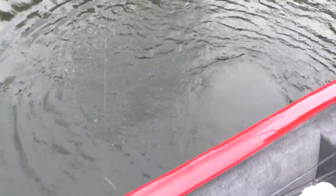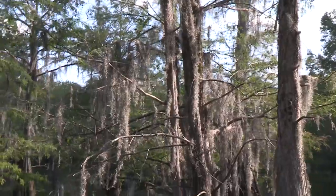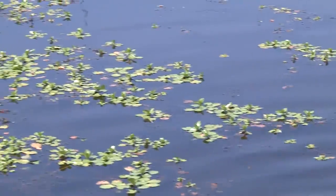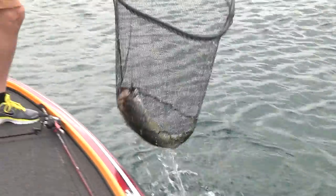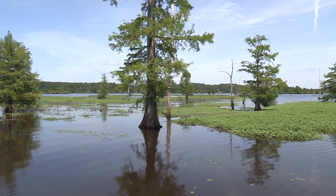Mississippi bass anglers should be targeting largemouths on Lake Bogue Homo, which is just east of the town of Laurel. This 882-acre impoundment has lots of cypress trees and stumps and also aquatic vegetation. It's also noted for giving up a lot of 7 to 9 pound largemouths. The best action is around those cypress trees that are close to the old, small, flooded creek channels in the lake. Good colors to throw are black or blue, and the best bait is going to be a jig head